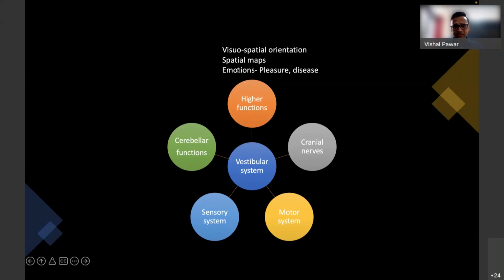Now coming to higher functions, the vestibular system is responsible for visuospatial orientation, and it gives the information about the spatial maps to the vestibular cortex, and there are other areas which are involved, like the parietal cortex. The vestibular system gives information regarding the spatial maps, as well as the emotions involved during the vestibular stimulation. So I think everyone might have